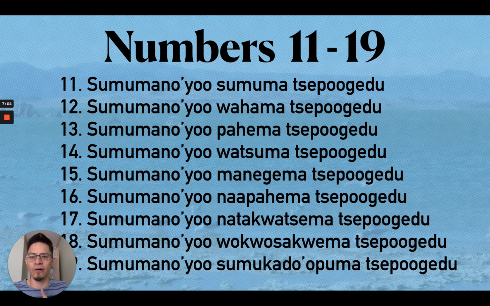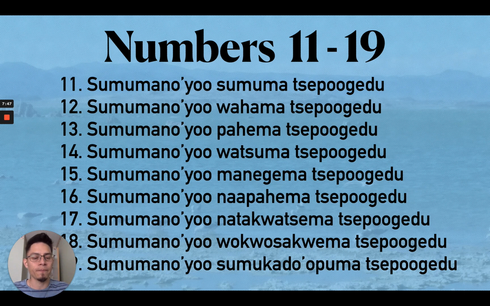These are all the numbers now, 11 through 19. Sememanoyu, semematsipugida. Say it with me. 12. Sememanoyu, wahamatsipugida. 13. Sememanoyu, bahimatsipugida. 14. Sememanoyu, watsematsipugida. 15. Sememanoyu, manigimatsipugida. 16. Sememanoyu, napahimatsipugida. 17. Sememanoyu, natakotsimatsipugida. 18. Sememanoyu, wokosukimatsipugida. And finally 19. Sememanoyu,